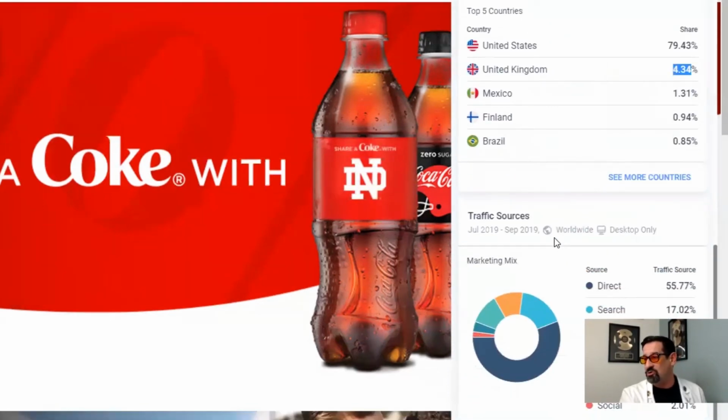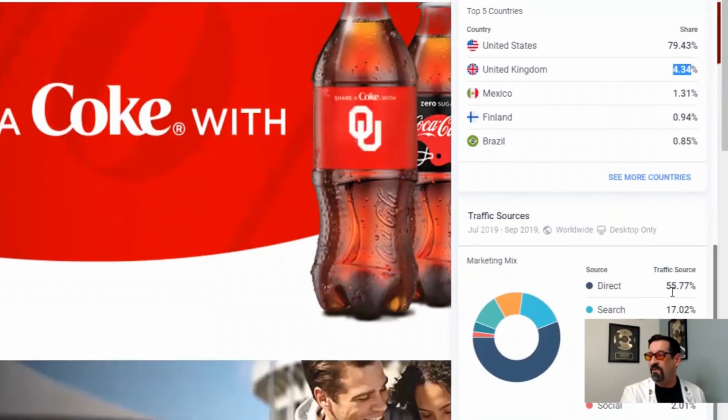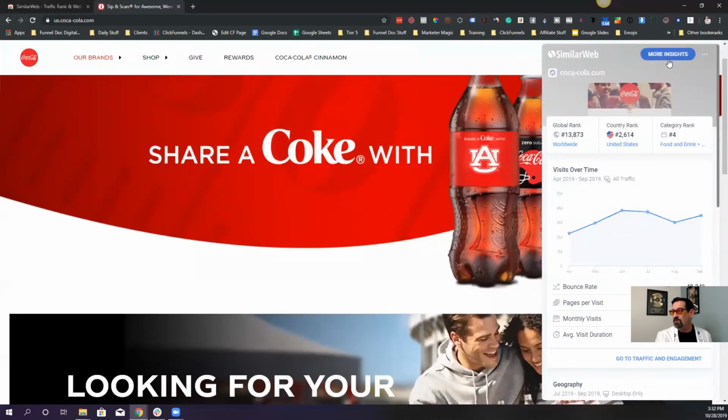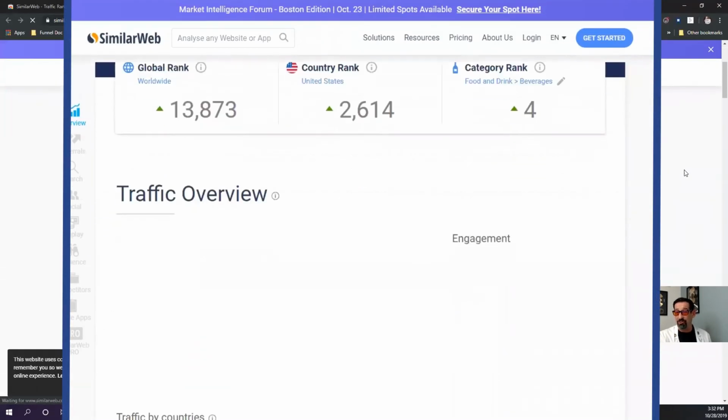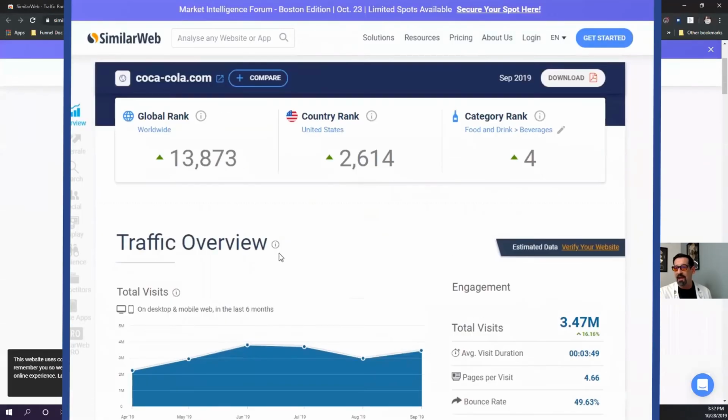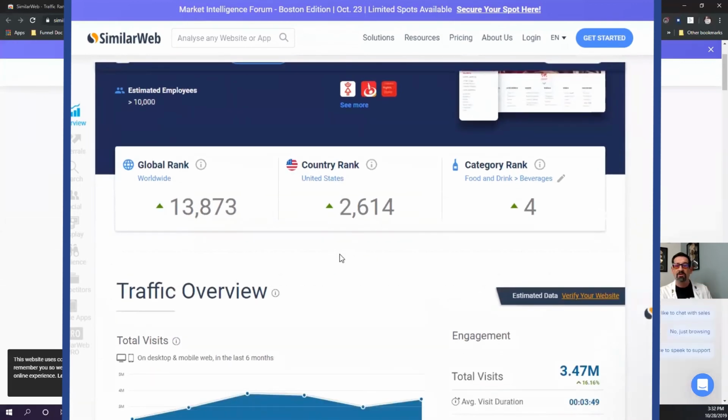Then they have source traffic. It says direct, 55% directly typed it in. Search was 17. Email, referrals, display ads, social. And then if you actually go to SimilarWeb itself, that you can see here by clicking more insights, you can go to the website itself. It gets crazy. There's so much information. I use this all the time for my clients and for myself to be able to help me rank